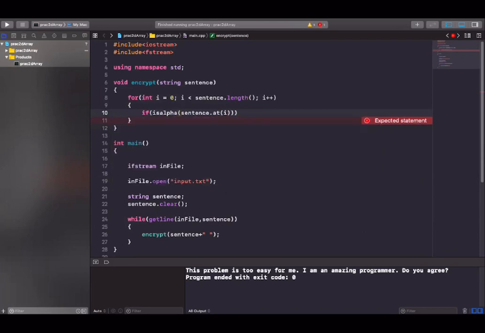I'm passing through each character, right? So as the for loop runs, it will pass through there. So what this if statement says is that if the character you find in this string called sentence at position i is an alphabet, then do this bit of code,